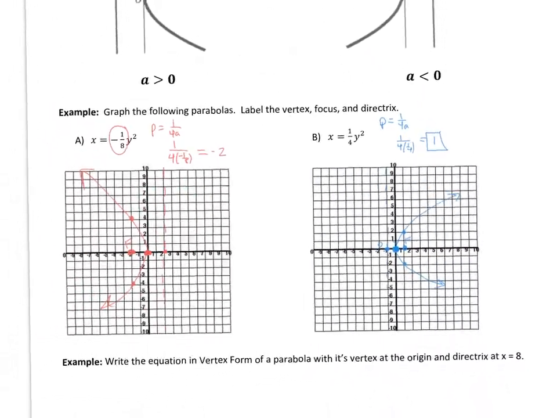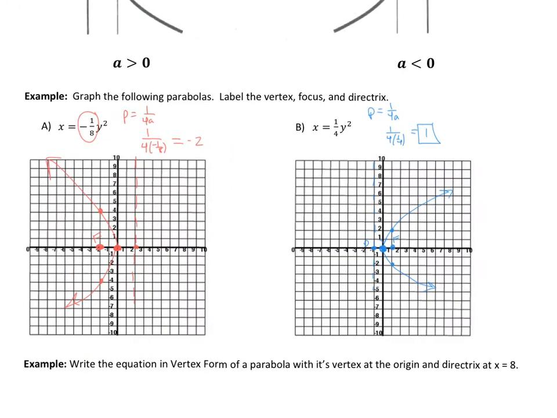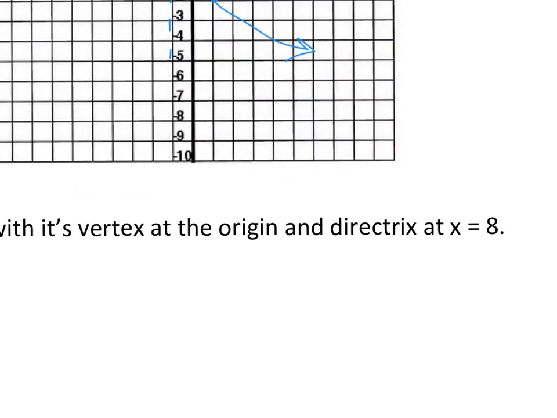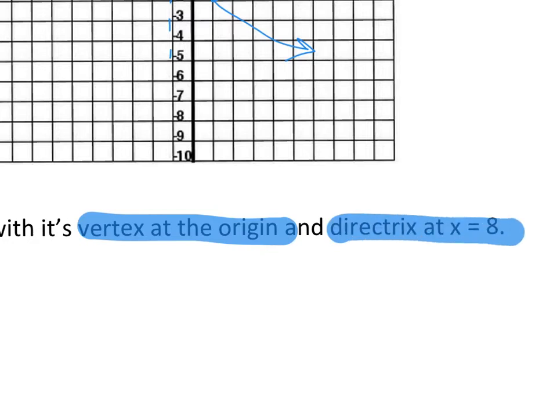So that's horizontal parabolas, and just like with vertical parabolas, we can go backwards. So here's an example where they give you that the vertex is at the origin. So a couple pieces of information. The vertex is at the origin, and your directrix is at 8. So what that means is that our vertex is at 0, 0, and our directrix is at 8. So because our vertex is at the origin and our directrix is at x equals 8, we know we're going to have a